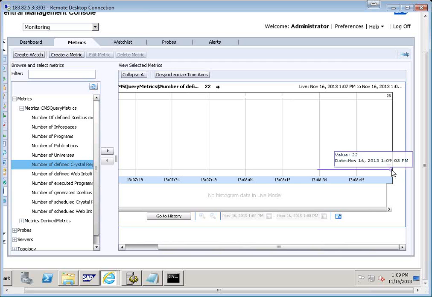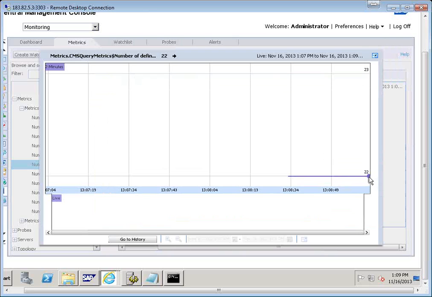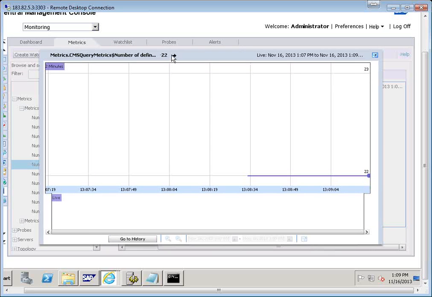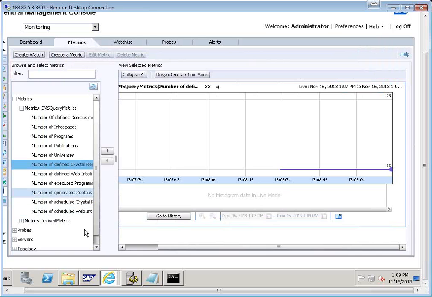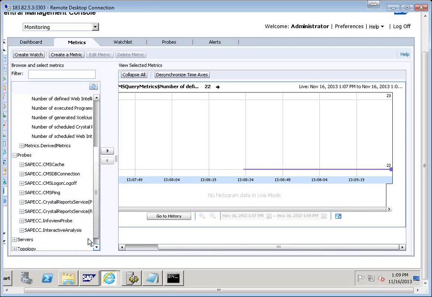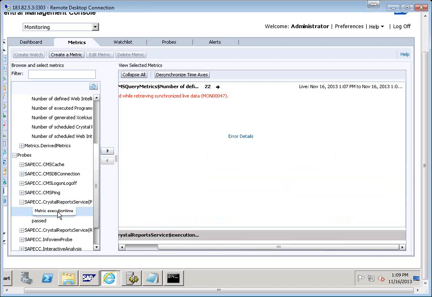Let me navigate to change it here. Sorry, this is the metric level, right? I cannot change it here, but I can create a probe on it. By creating a Crystal report service processing server probe, you can create an execution time based probe. If the execution time for this takes more than a specified amount of time,